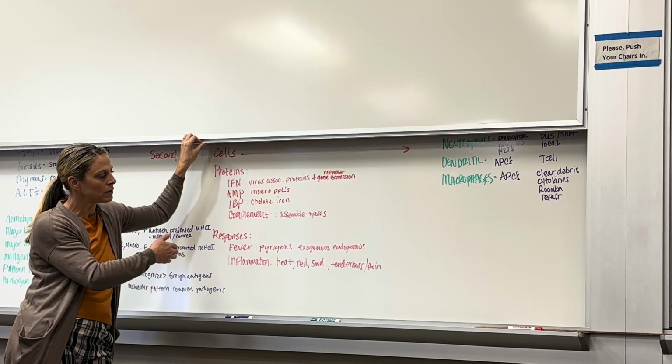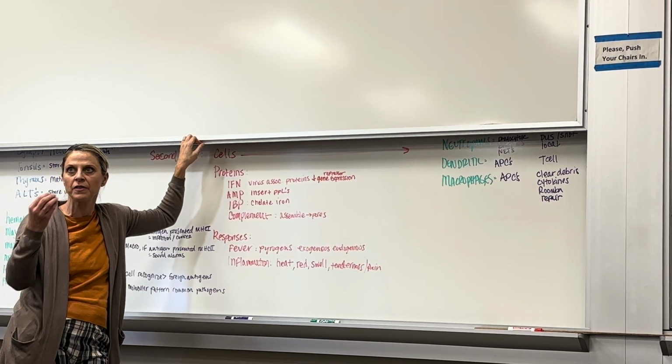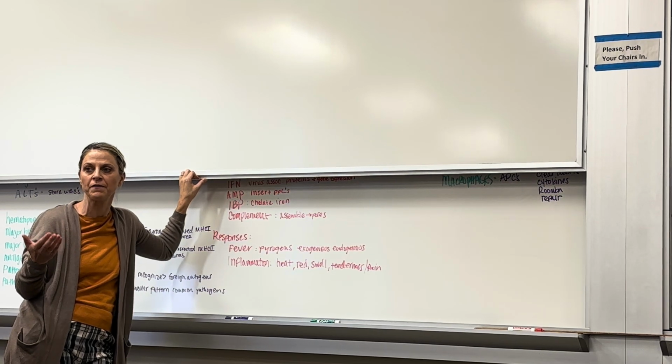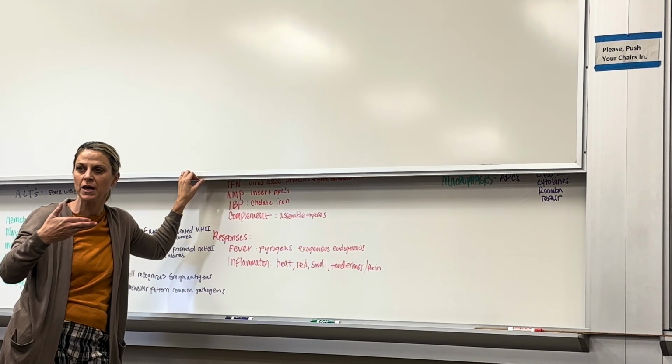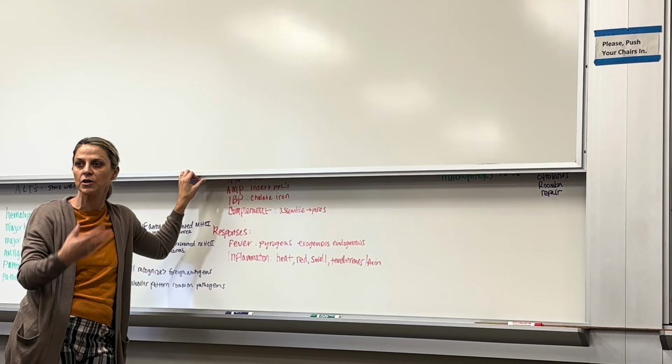We want to get rid of everything really, but exogenous pyrogens are something foreign that will act on the hypothalamus. It's cool that something foreign will act on the hypothalamus to turn up the heat, but also our own cells can turn up the heat because we're trying to kill the